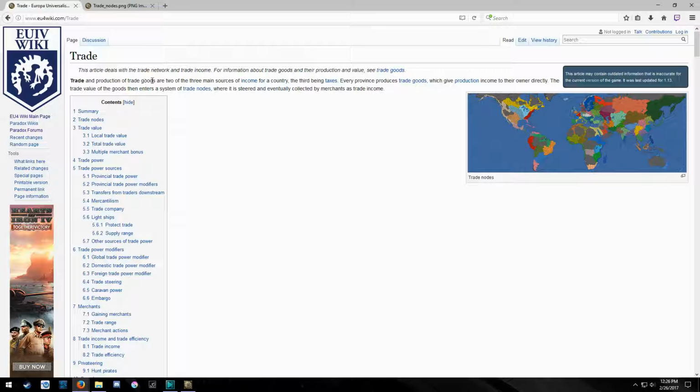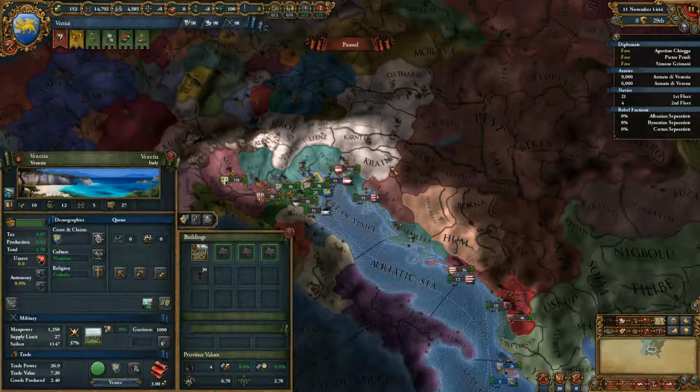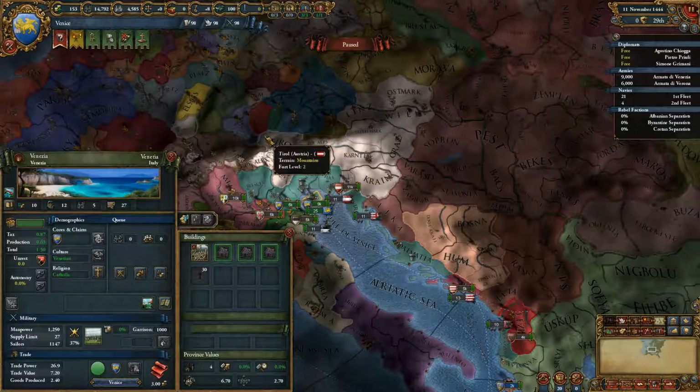Trade and production of trade goods are two of the main sources of income for a country, third being taxes. Every province produces a trade good, which gives production income for their owner directly. Trade value of the goods enters a system of trade nodes, where it's steered and eventually collected by merchants as trade income. Alright, so what that means is, we got,